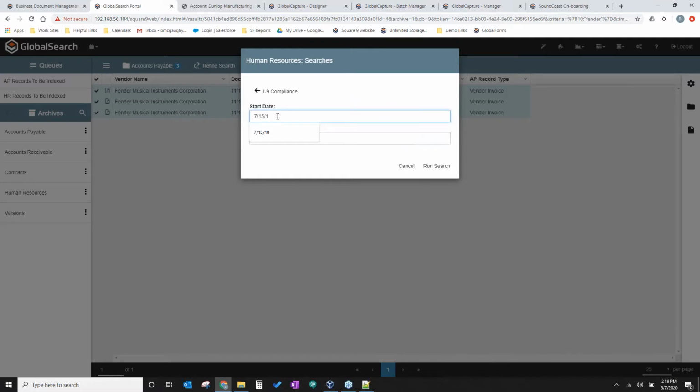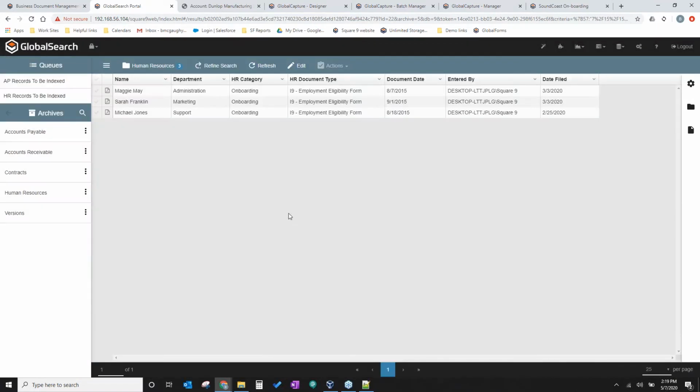I put the wrong year there. So what I can do is run a quick search and narrow that down to just the half of that year of 2015, and pull back all the employees that we hired. The document date is the date that we brought in that I-9, and my auditor was looking for those documents.